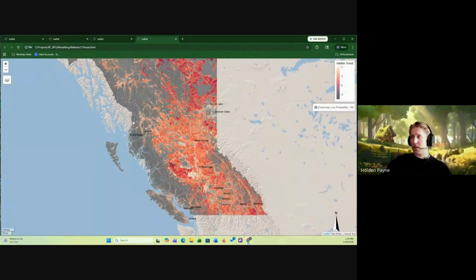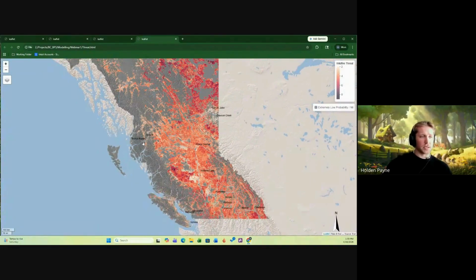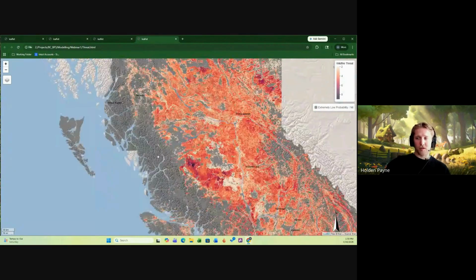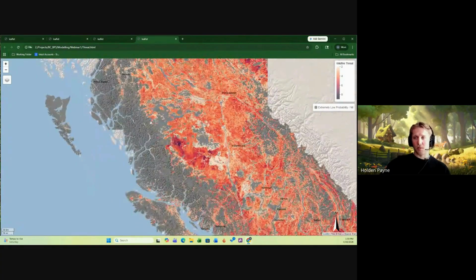So the 0 and nil values, as I mentioned, essentially mean we don't really have a lot of fires burning in these areas, even though we did achieve model stability. Model stability means we burned enough seasons that we're not getting a substantial change in the outputs by adding more. And I think because this is a provincial model, these 0 or nil values are pretty consistent with what we would expect relative to the province, right? We don't really expect fires to be burning very frequently or be very threatening on the coast, as much as it's not as exciting to see areas of less data.